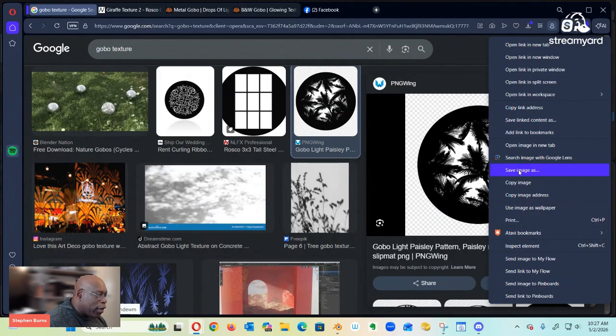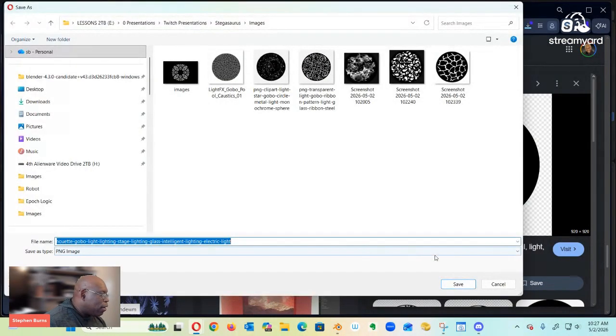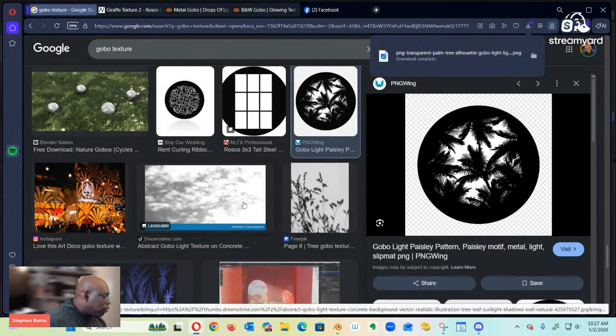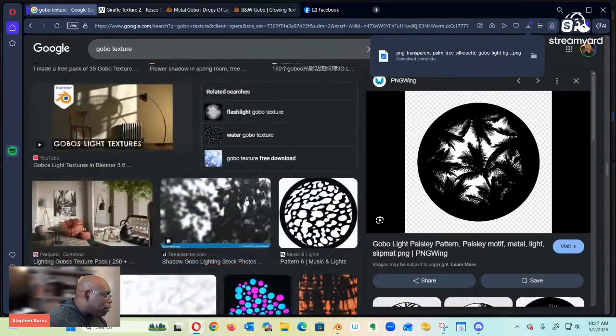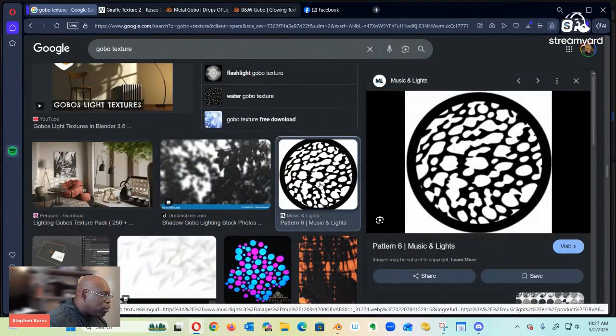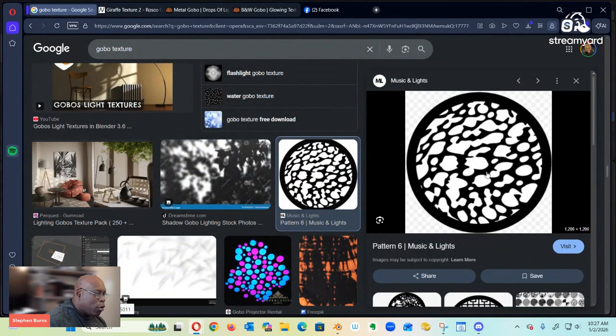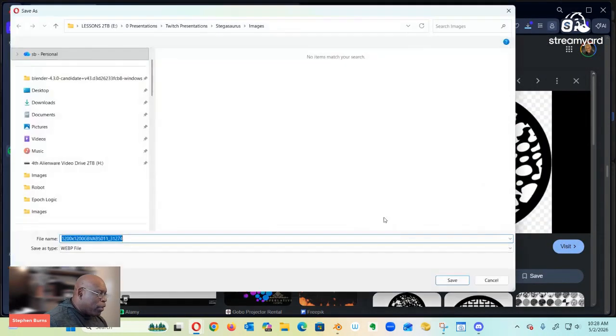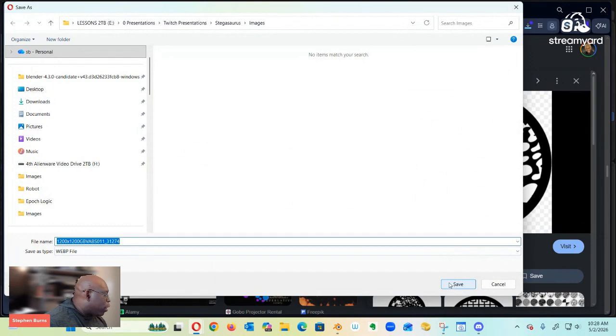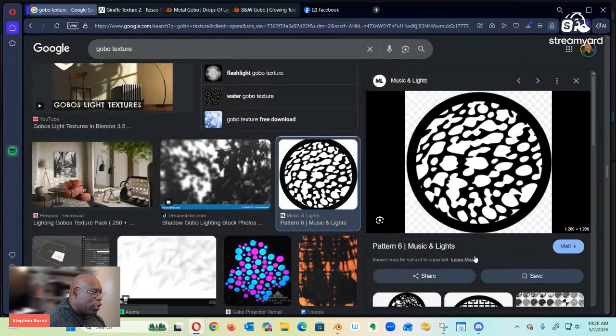Right click, save as. All right, then we kind of go that one. That one could be handy. Why not? We'll use it. Save as. The saving goes pretty quick. Okay, it's a web file on this one, right? So I can't save it as a JPEG. So if I click on it,